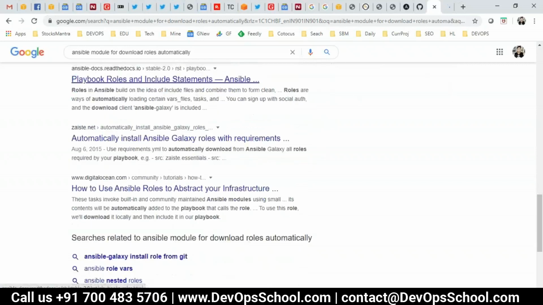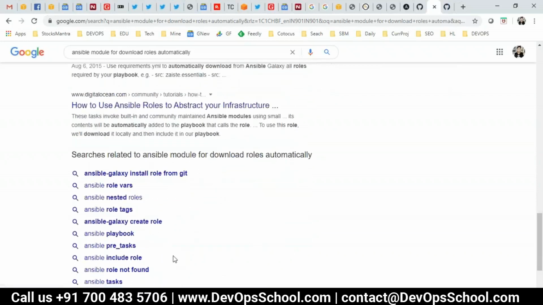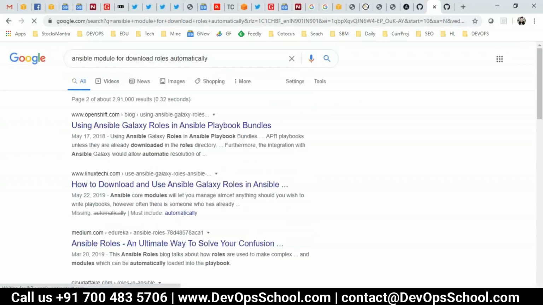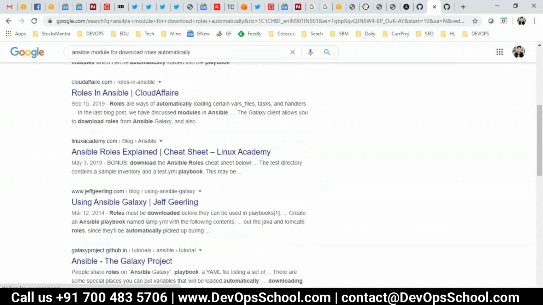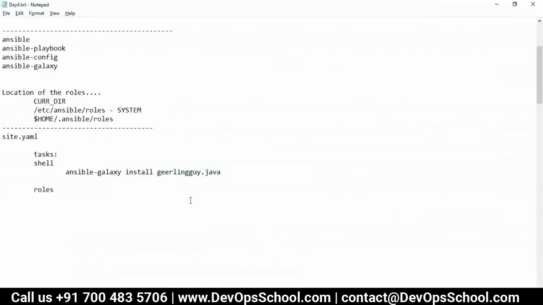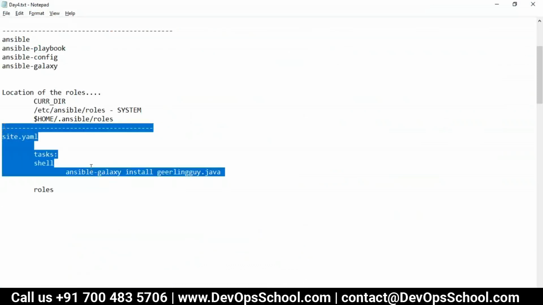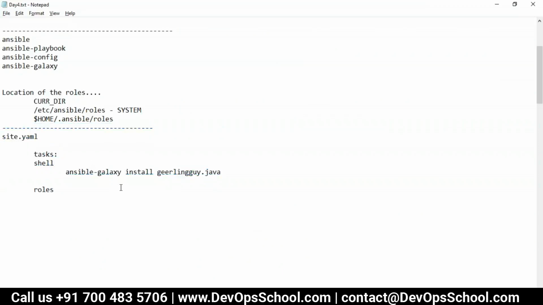I'm just checking. Include is a different thing. We have covered the include for the play level and task level already, so do not think about this. I'm not doing the proper research, so I have not used it and I have not seen it, so I cannot comment. But this will work for sure if you want it like that.